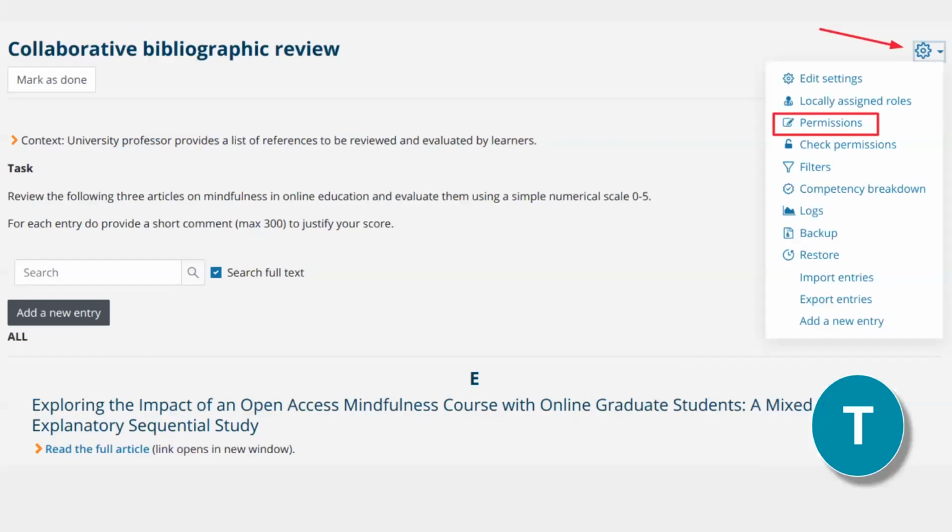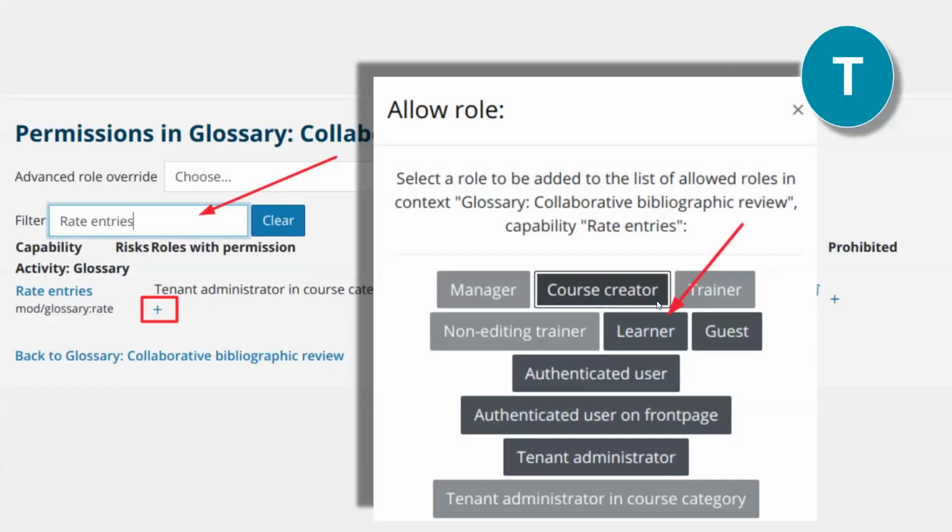If you're not familiar with permissions overriding, let me show you quickly how easy it is to tweak a role and create something completely different. All you have to do is go to the activity, click the actions menu, and select the permissions. At first, you will see a huge list of capabilities that apply in your context, but you can easily filter to find the capability that controls the action you are interested in.